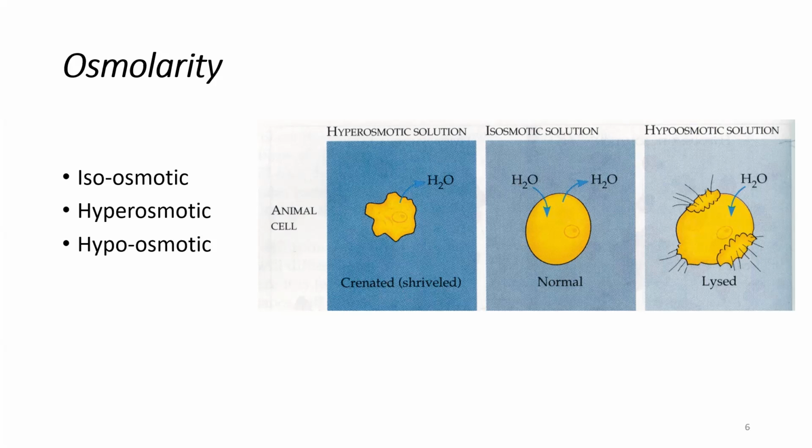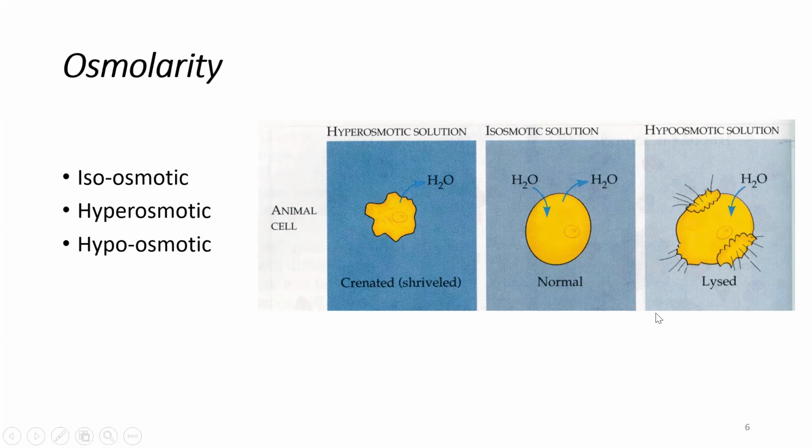This has a gradient that facilitates water moving from that high concentration outside of the cell. Remember, a hypoosmotic solution has less solutes dissolved in it, and in other words, it has more water or a higher water concentration. So water would move from the high water concentration outside to the lower water concentration inside. This would eventually cause the cell to get larger and larger, and eventually lyse or rupture because of that